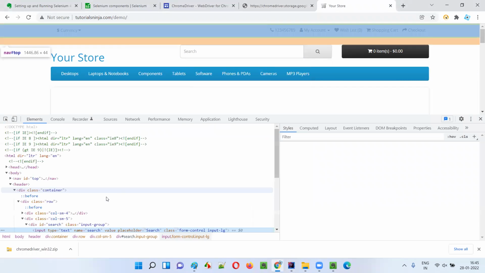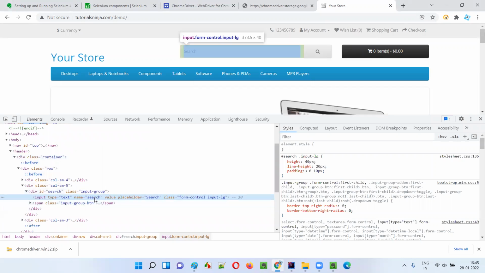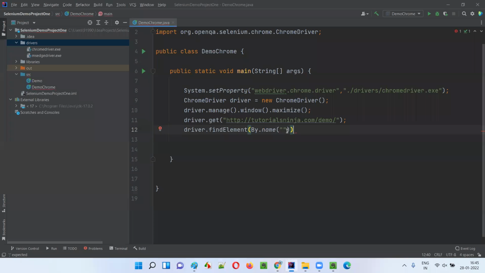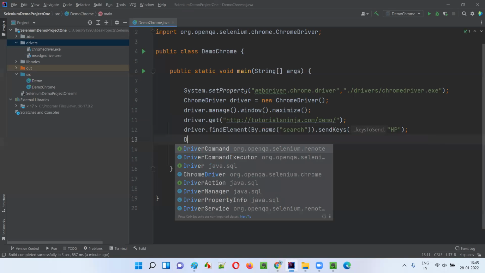You already gave the name, right? So the name is this search. Copy this name locator and paste it here and say dot sendKeys. This code is the same, guys. No difference. I'll type HP again, and the next statement I want to click on the